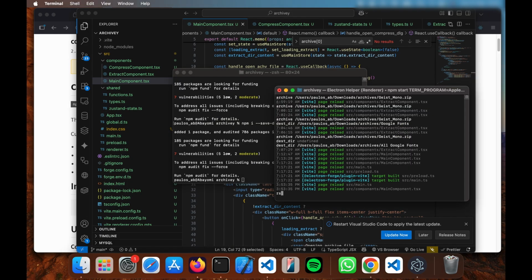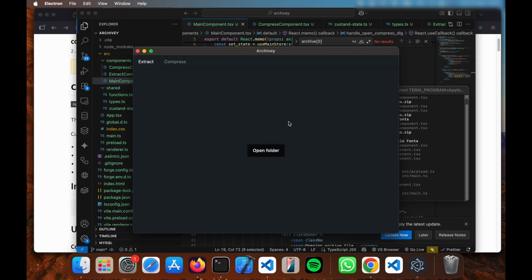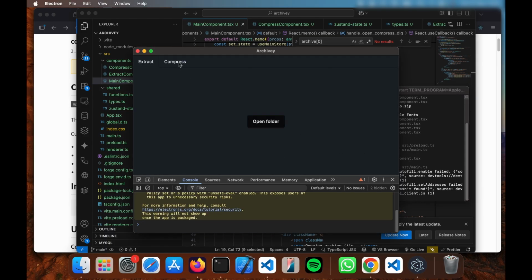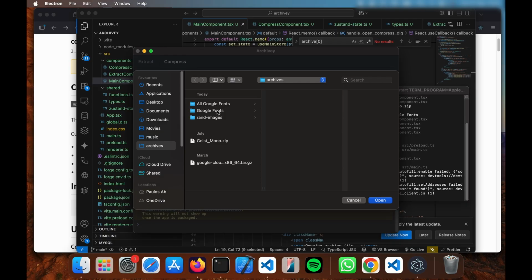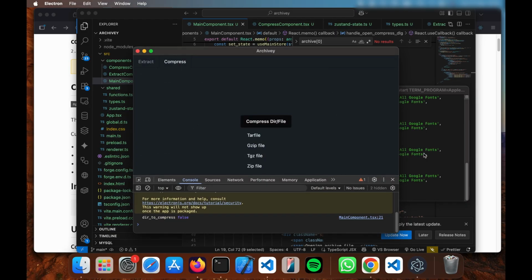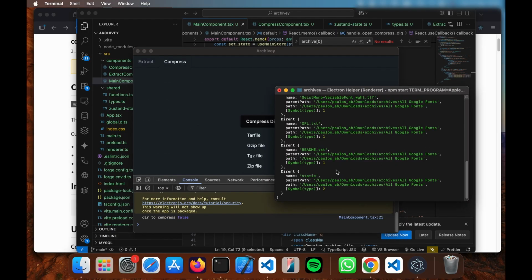Now let's load the server. Then compress star of file. Let's just select zip. Then let's select this Google font. We are going to compress the Google font back. Here now, you see,